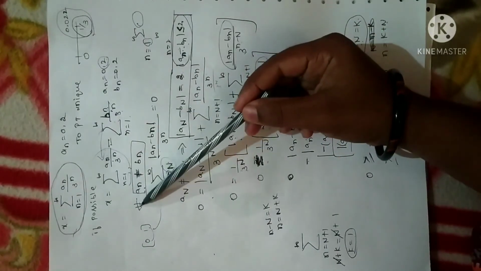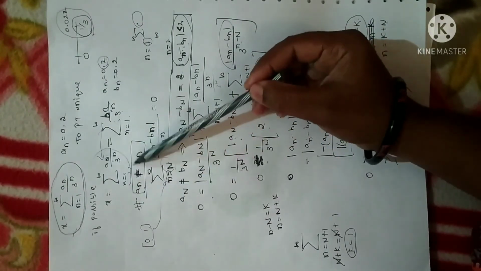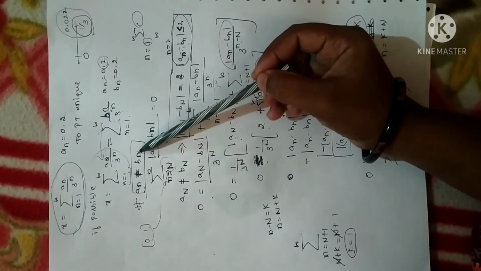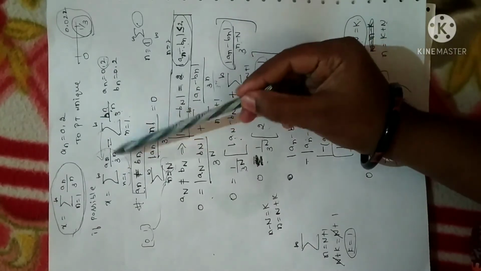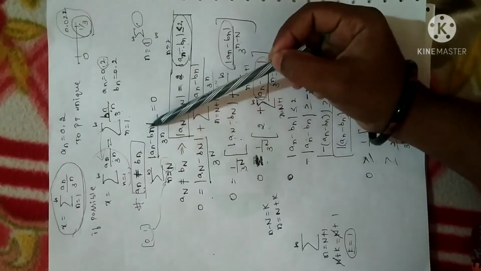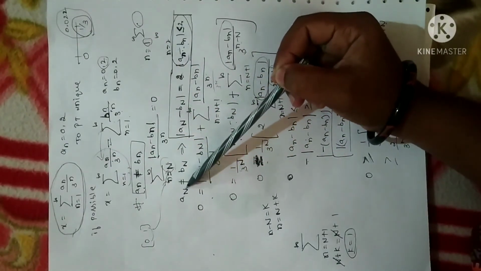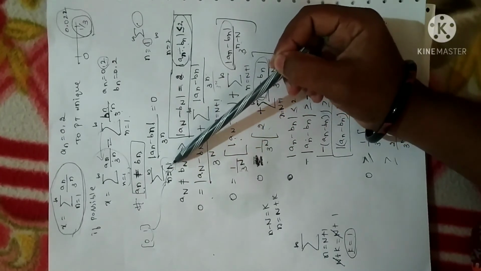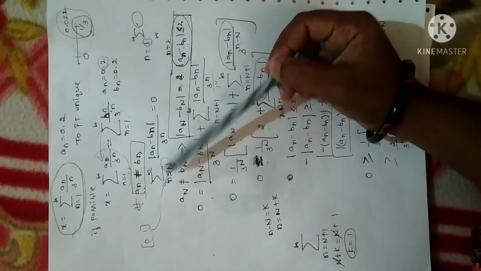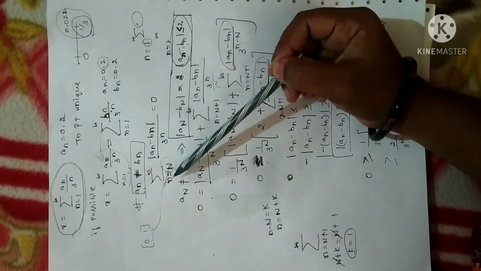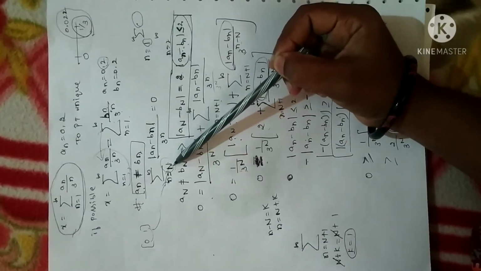Now since I am proving it by the contradiction method, let me assume that an is not equal to bn. If that was the case, I can subtract. I have shifted this value, so I have obtained this step. Fine. So if that was the case, capital N, here the suffix values range from capital N to infinity. Why? Because n I have already chosen for the suffix value, so in order to avoid confusion, I have chosen capital N here.